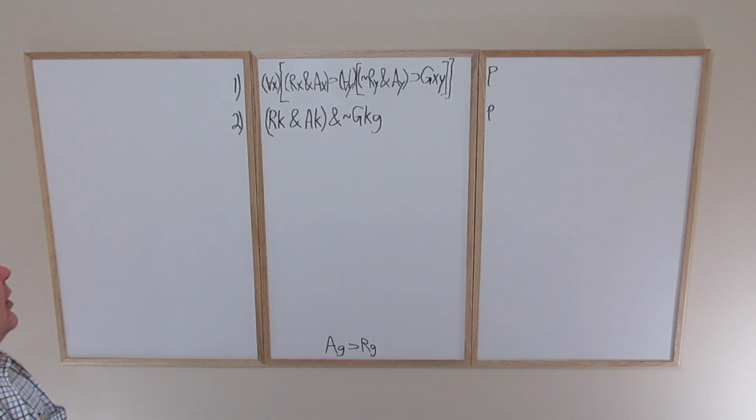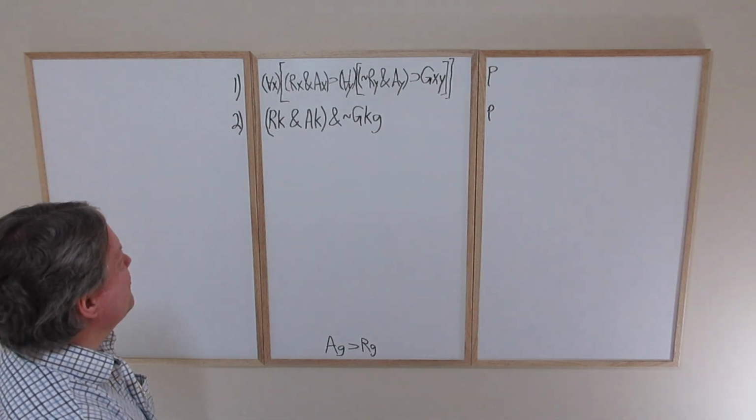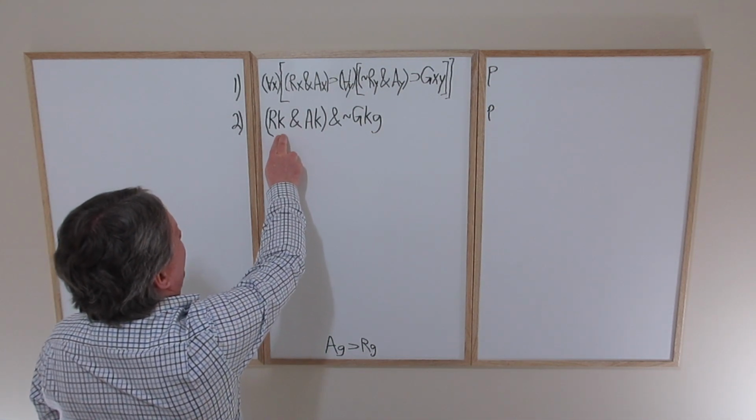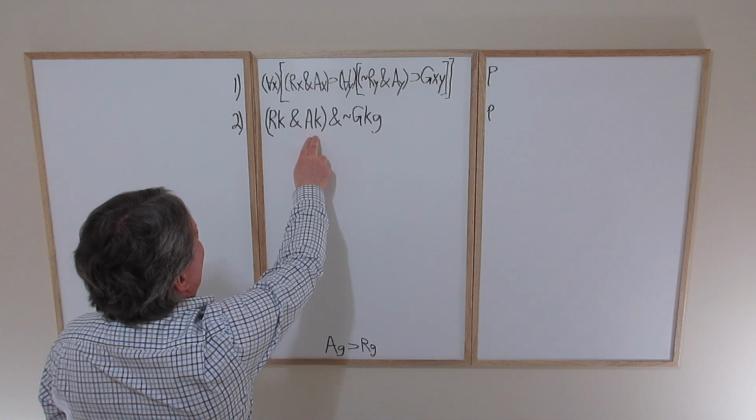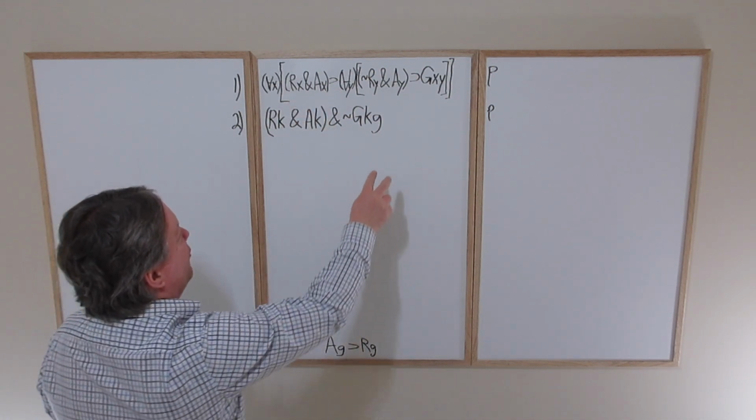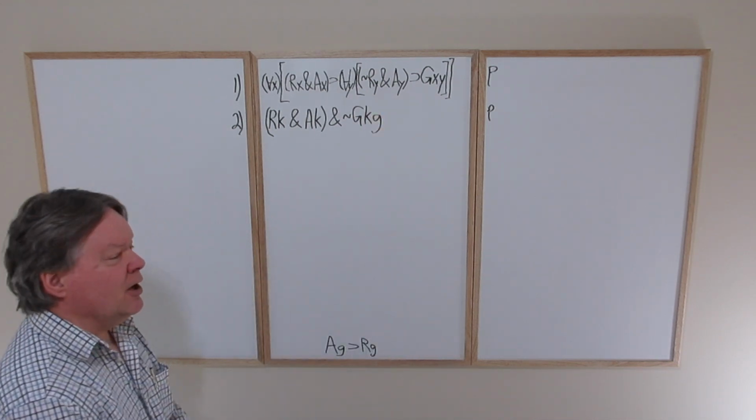I'll give you just a few seconds. Have a look at the X's and Y's as well as the names Karen and George. See if you can figure out which name should go in the slot for the X variable, which name should go in the slot for the Y variable. In this situation, we've got Karen's name as a rational being and as an animal, so that nicely matches here, although it's kind of close to this one over here. The real